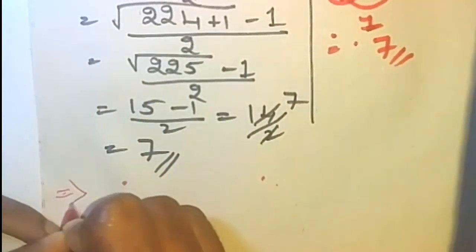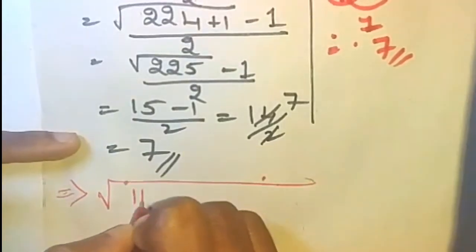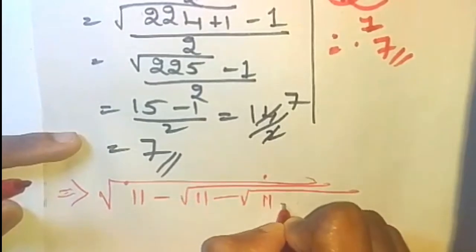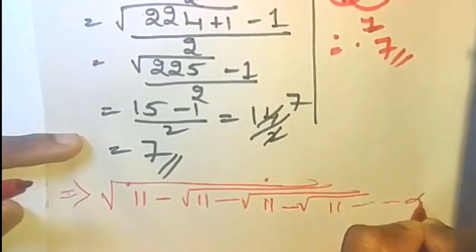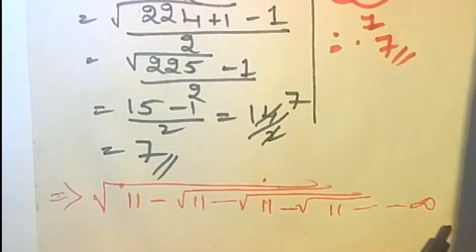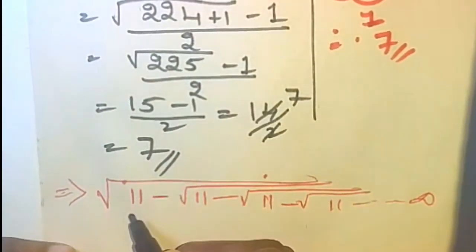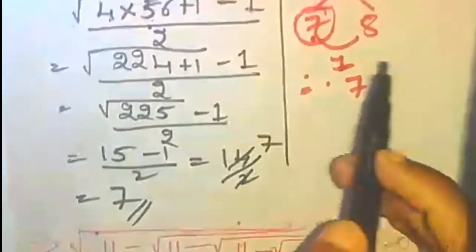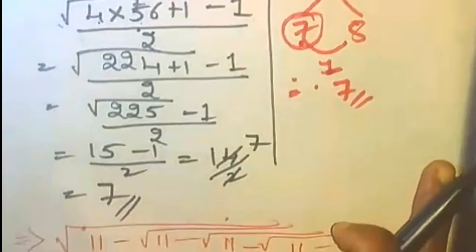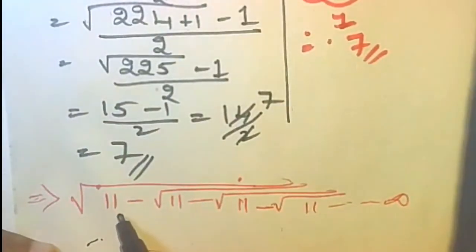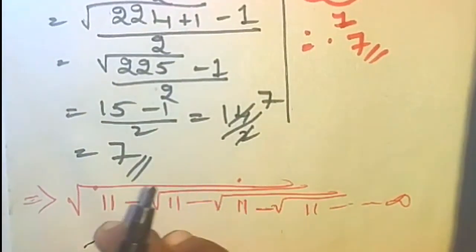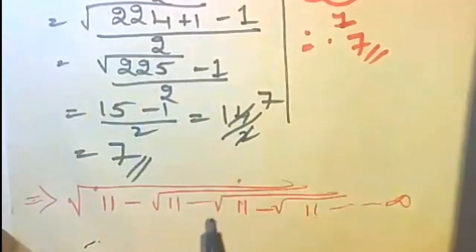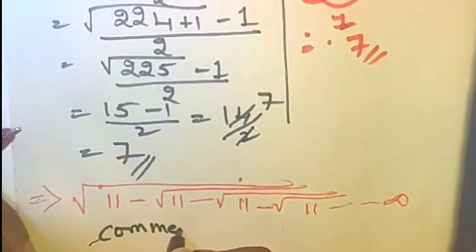Now I'm giving one more question for homework. That is under root 11 minus under root 11 minus under root 11 minus under root 11, going on to infinity. Now children, I'm giving a hint here, because you'll go for factors, right? But don't go for factors, because in factors also we have to get the difference 1, whereas for 11 we don't get such factors. Though we get the factors also, the difference is not 1. So go for this formula and tell me the answer in my comment section.